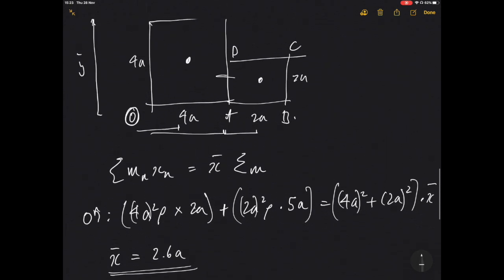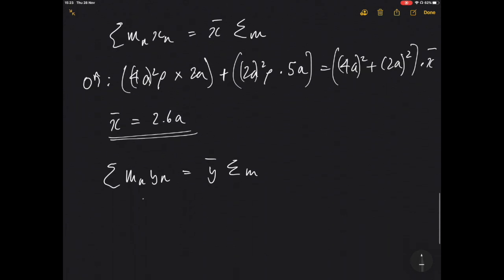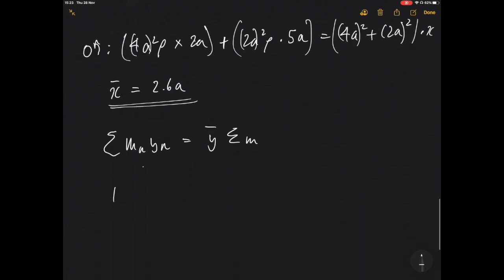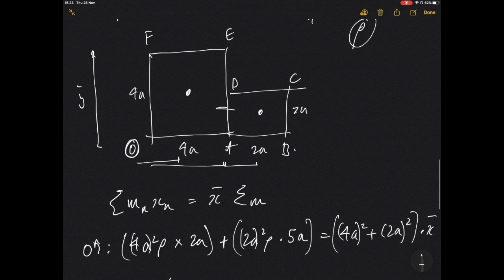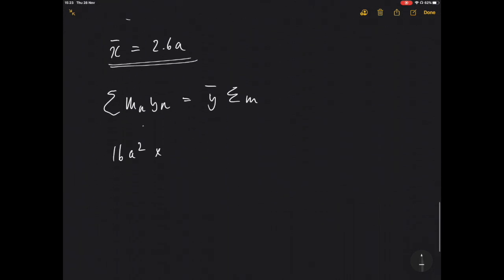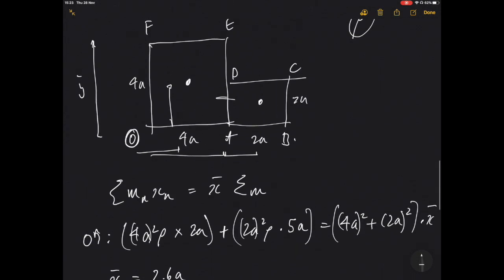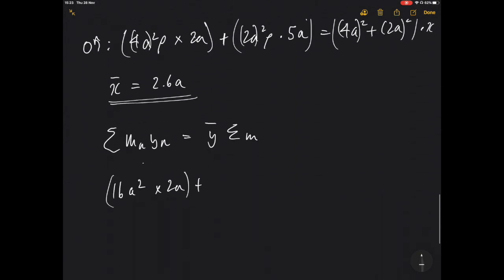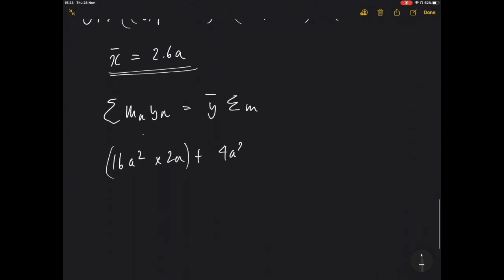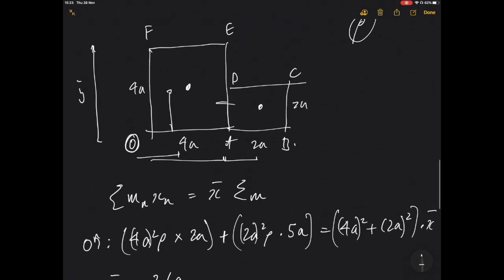So we can say that that would be 4 times 4, well, we've got that our 16a squared, so that's 4 squared a squared, multiplied by, well, from the distance from here is, again, it's 2a, so multiplied by 2a, and we're going to plus, but we're going in this direction, so that again is 2a squared, so that's 4a squared rho, I've got the rho again on here,